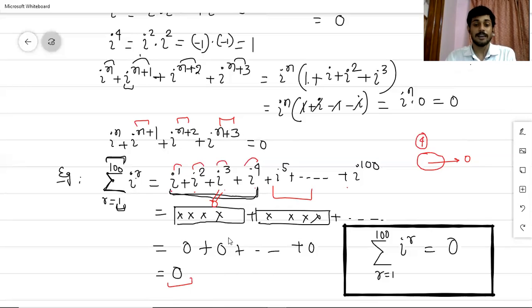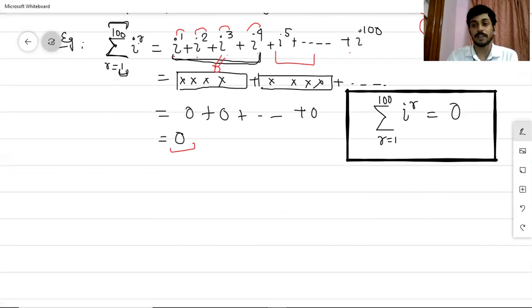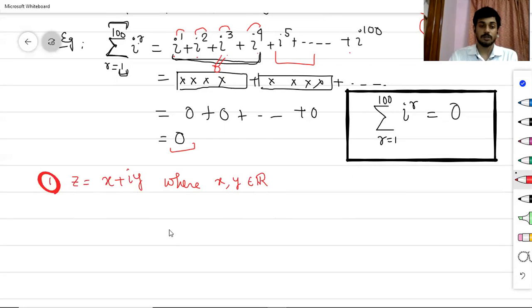So now let us discuss some basic concepts about complex numbers, the general representation of it. So z equals x plus iota y is a complex number, where x and y are real numbers. Why so? We are going to clarify that z equals x plus iota y, where x and y are real numbers.